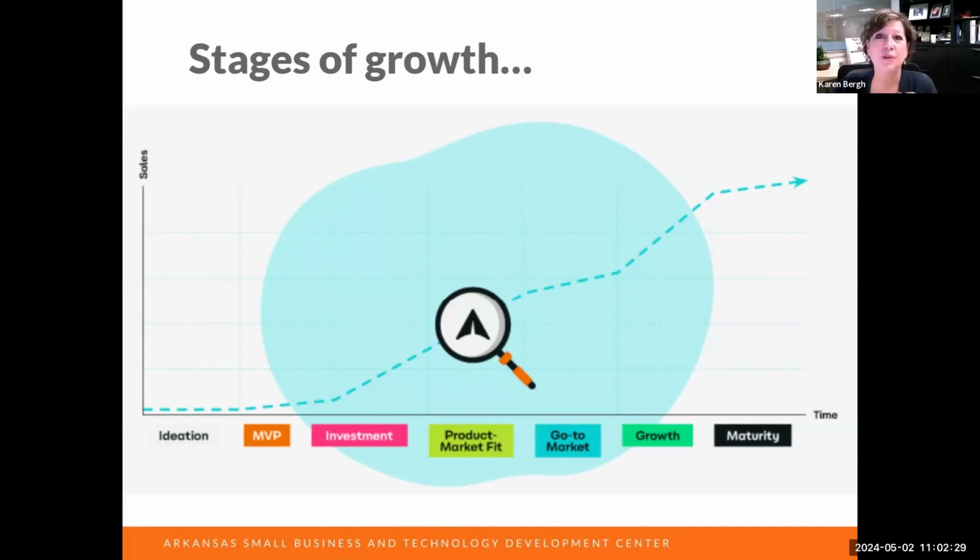It's interesting because all of these fields use similar or different terms to describe the same process. Science calls them hypotheses. Engineers call it the design process. Entrepreneurs call it commercialization and lean canvas. We're talking about the same thing. And if you're beginning with the end in mind, you're thinking about how big you'd like the company to grow, but you have to prove that the company is going to grow before you can get to the point where you could exit.